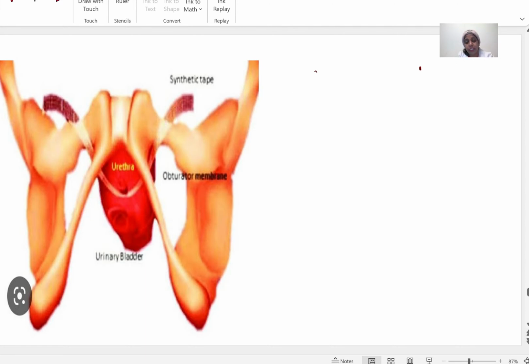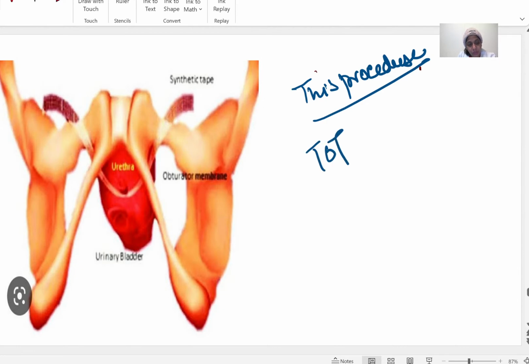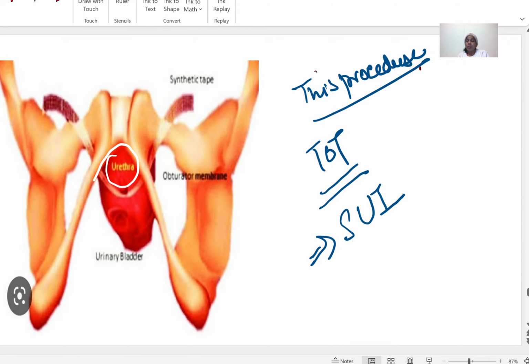व्हाट इज दिस सर्जरी? दिस प्रोसीजर. लास्ट स्लाइड है बच्चे ये. व्हाट इज दिस प्रोसीजर? TOT, ट्रांस ऑब्ट्यूरेटर टेप, किसमें करते हैं? यस, किसमें करते हैं बच्चा? इन SUI, स्ट्रेस यूरिनरी इनकॉन्टिनेंस में. आप ध्यान से देखोगे यहाँ पे यूरिथ्रा लिखा हुआ है. यूरिथ्रा स्टेबल नहीं